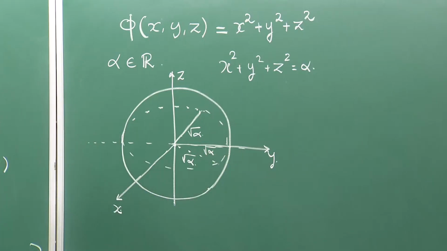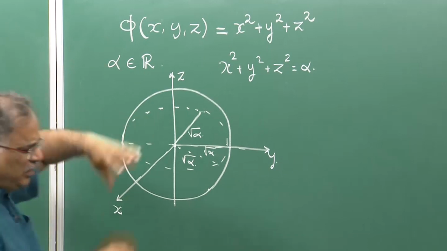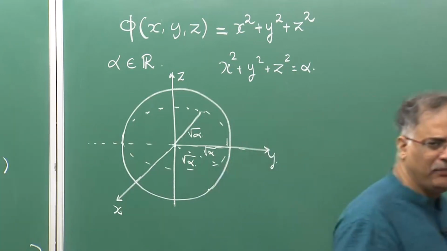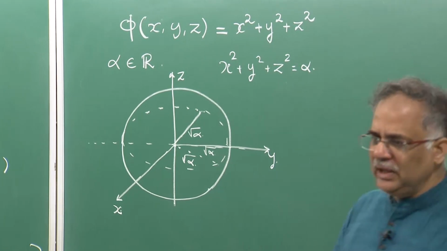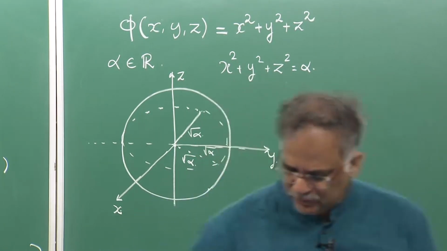Root alpha. So basically, what happens if I keep on increasing my alpha, I will get bigger and bigger and bigger spheres. Similarly, let us try to draw the level curve